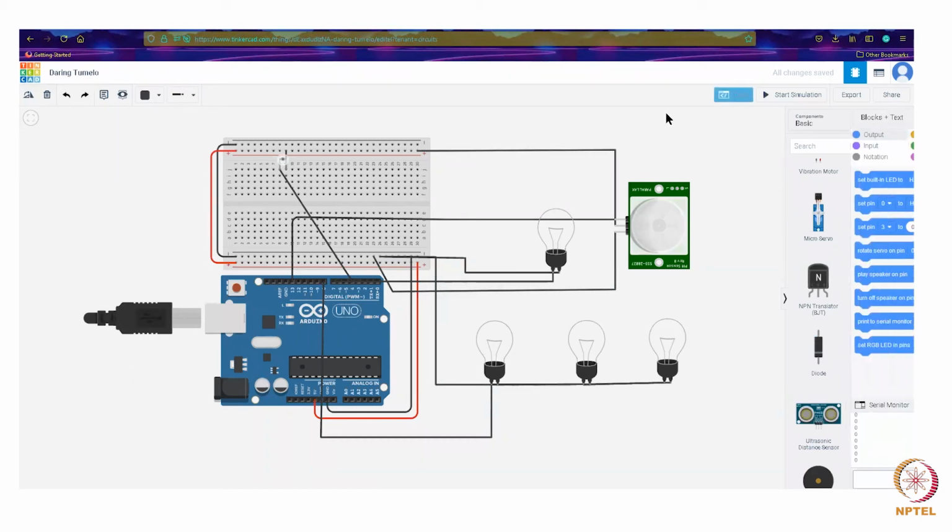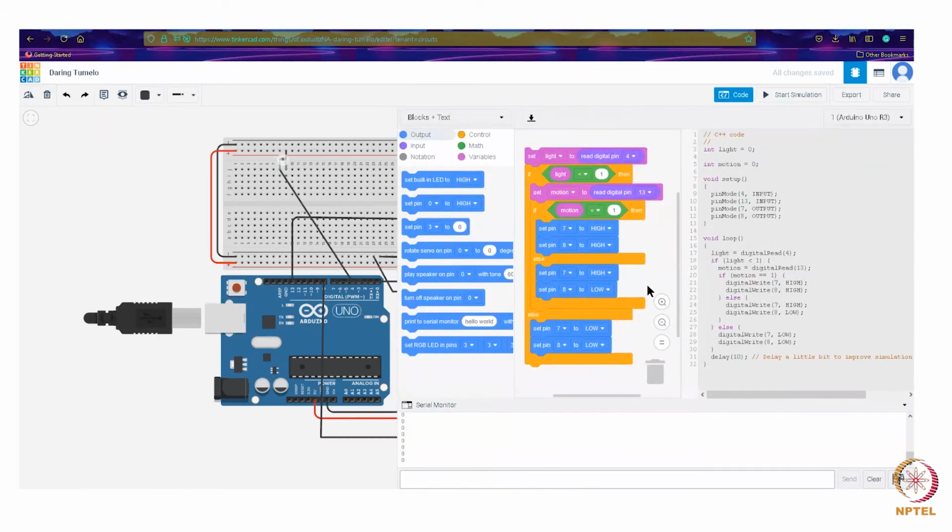Yes, this is actually the auto-generated part, from the block codes.